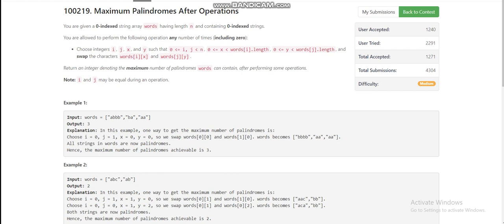Hello everyone. Today I am going to discuss the third problem of LeetCode Weekly Contest 384, which is Maximum Palindromes after Operations. So what is the problem statement? The problem statement says that we have an array of strings, words. Now words will contain different strings, and what operations can we do? We can